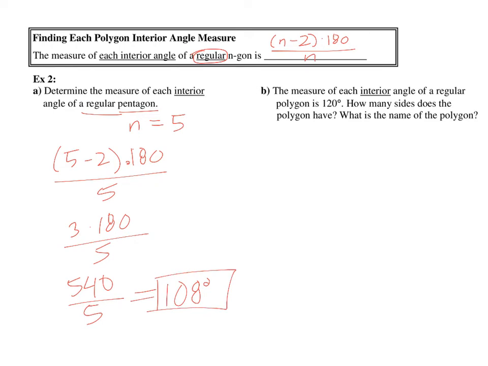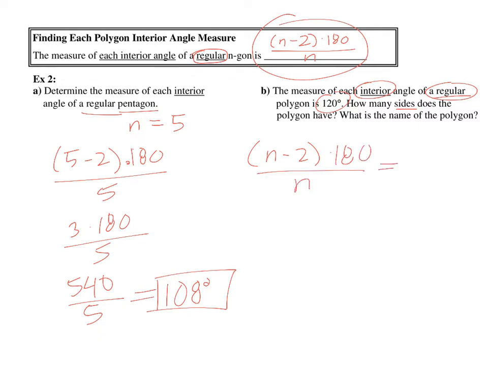All right, for part B, the measure of each interior angle of a regular polygon is 120 degrees. Interior is a keyword, regular is a keyword. How many sides does the polygon have? What is the name of the polygon? So this formula here tells you what each angle measures. That's what they told me here. So I know I take this formula